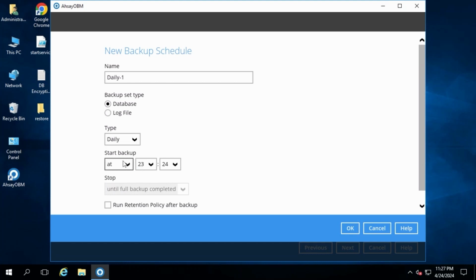For the start backup setting, you can choose at if you want the backup schedule to start at a specified time, or every if you want it to start at a specified interval. Using regular backup intervals is crucial for ensuring that changes to the Microsoft Exchange database are always backed up. This backup schedule is particularly well suited for backup of Microsoft Exchange transaction log files, which allows for the most